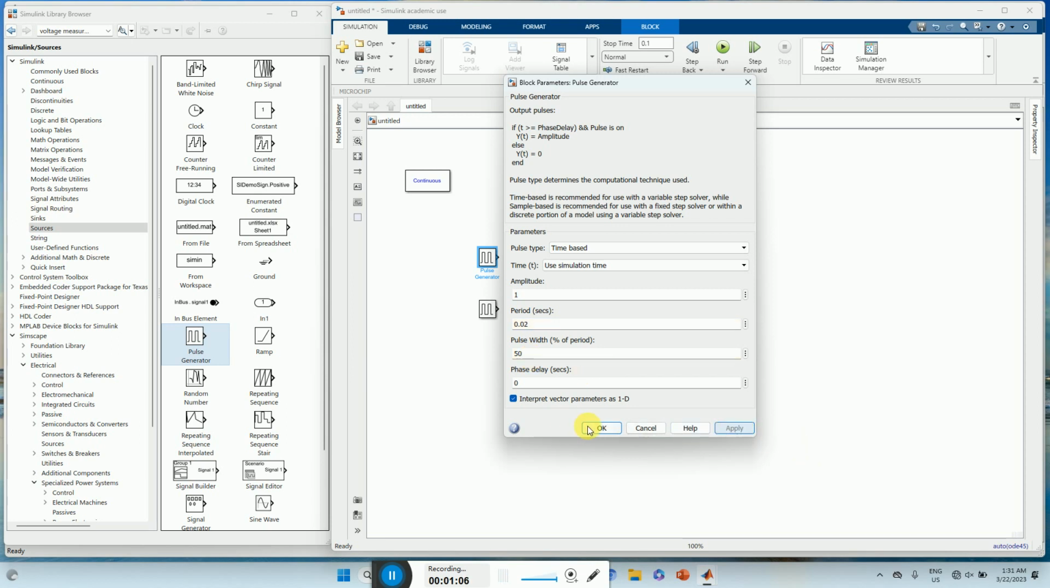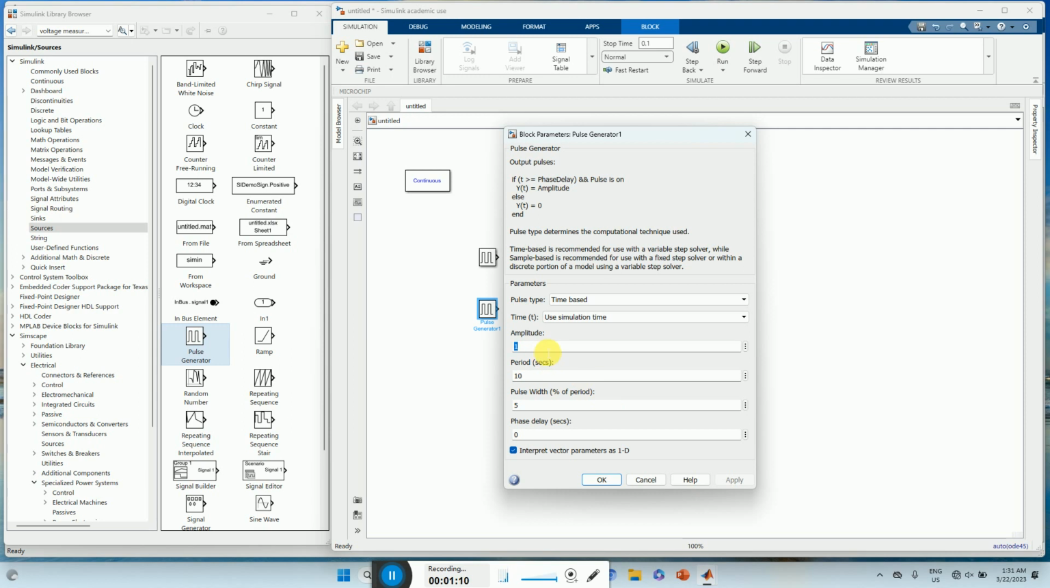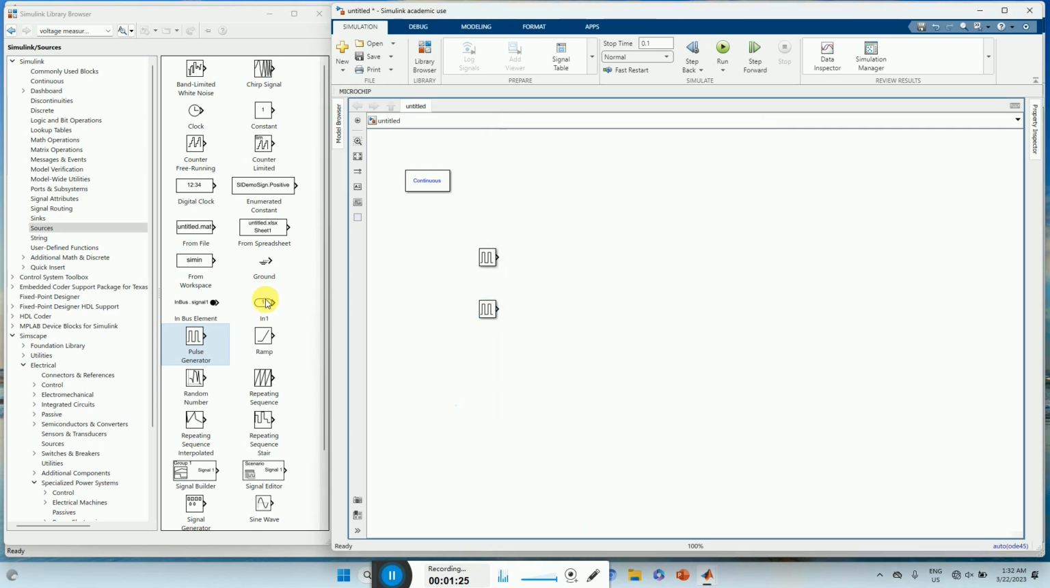This is what we see first, and here we will say amplitude, let it be like that, 0.02, pulse width 50, and the delay is 0.01, let us say half, right? So if you want to see these two together,